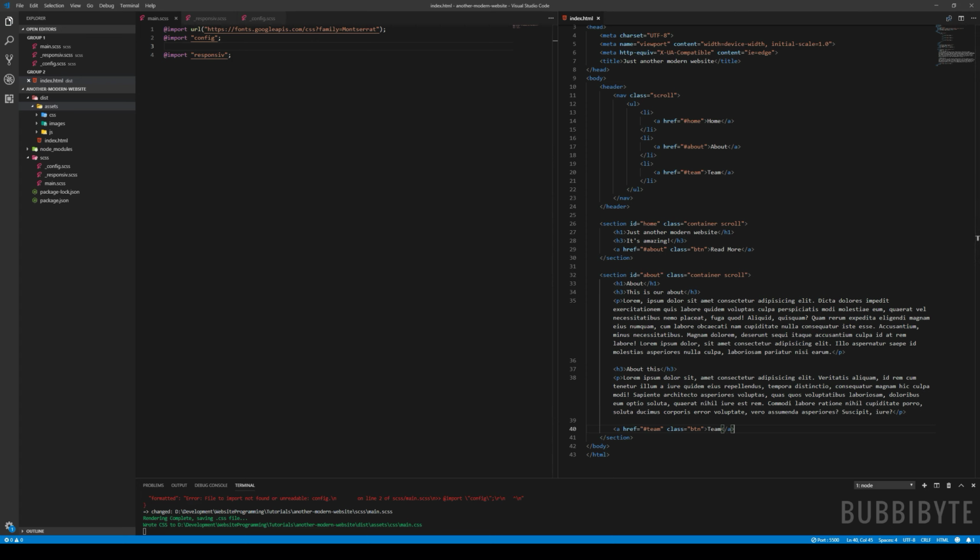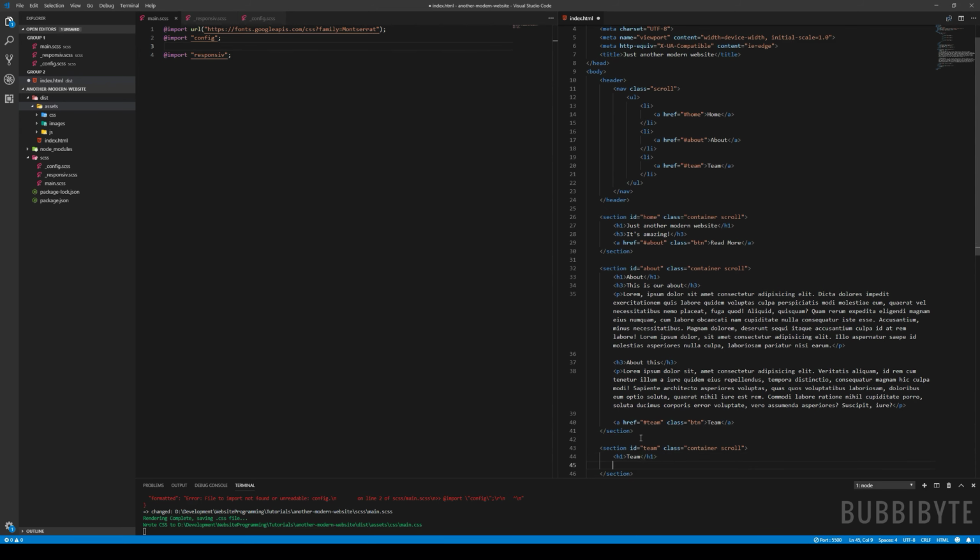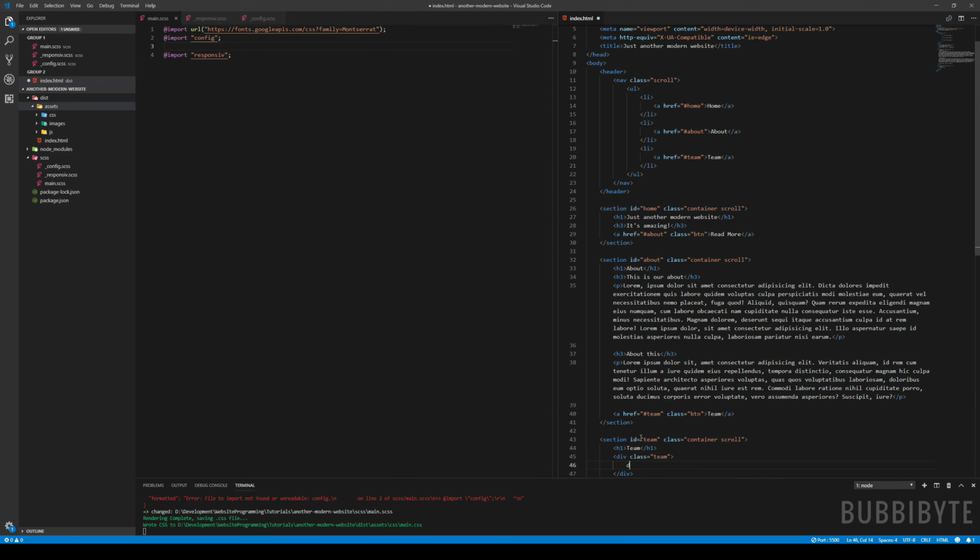Okay, so let's go ahead here and create the last section, and just going to say team, again, container class, scroll class, hit tab, hit enter, say team. For the h1, make a div with a class of team, and then make a div with a class of